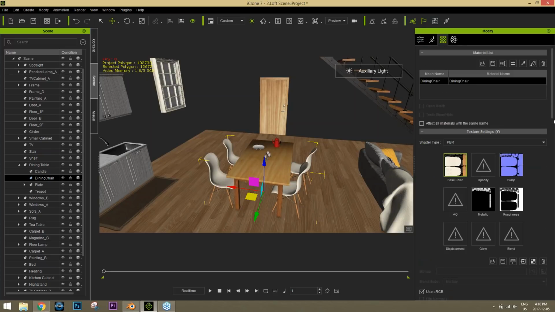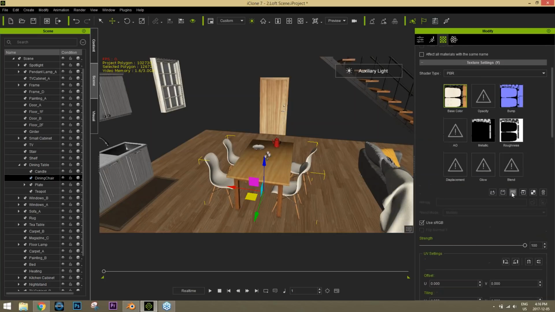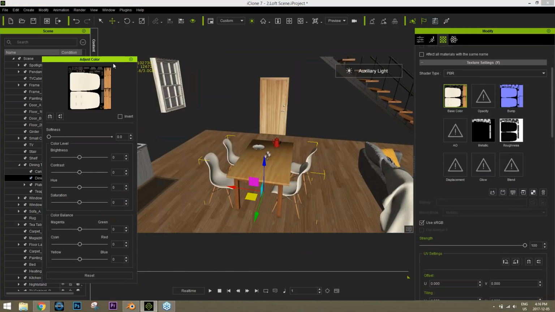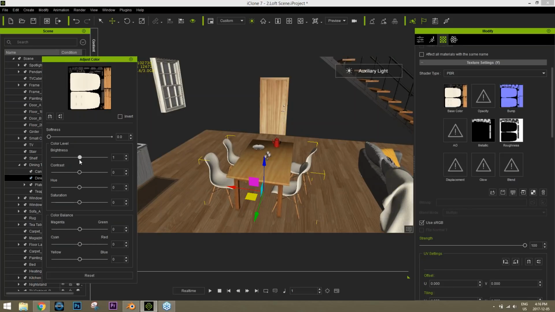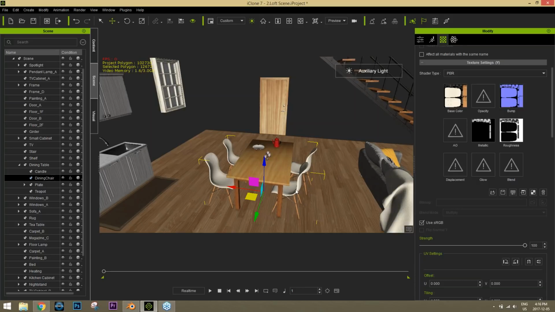So if I go into materials and I go into this adjust color panel right here and I adjust anything, it's going to adjust all of them. So if I take the brightness down, you can see it'll adjust all of them. So we can have a more dark gray with kind of teak colored legs right there. But it adjusts all of them simultaneously. Now, in a lot of cases, you'll want that. But if you don't want that, for example, if you wanted to be able to manipulate these chairs separately, well,